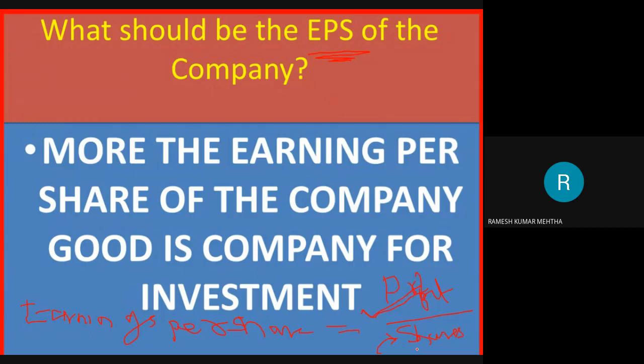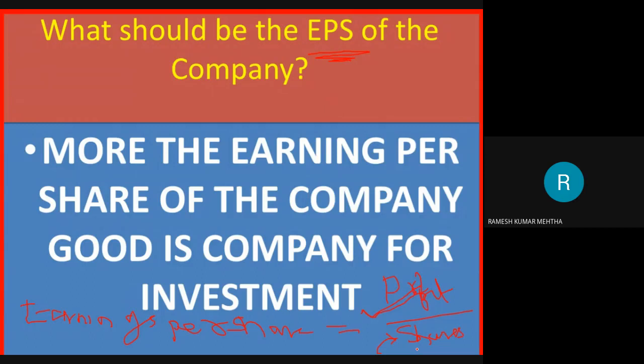If the earnings per share is negative or loss, you should not invest in that company, because eventually the company is not going to pay you dividend. And if you are dependent on dividend as a source of income, then you will be deprived of income or dividend per share, and life becomes miserable. So if the earnings per share is very high, the company's profit is very high, and only then are they going to declare a good or reasonable amount of dividend. So there is a correlation between earnings per share and dividend per share.